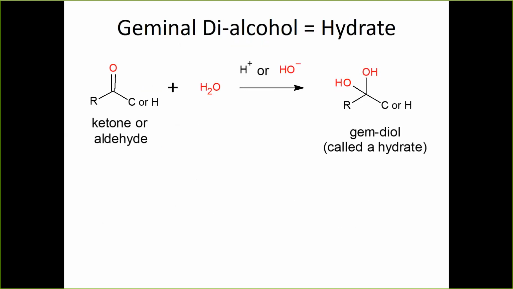All right, so now specifically, again, everything has to be a little more complicated than you thought possible. Here, if you take something that is a ketone or an aldehyde and you make a gem diol out of it by adding either acidic or basic water, then you get the gem diol like we just saw on the prior slide, but that has a special name, which is a hydrate. We do see a few of these. They're not especially stable, so there aren't tons of them around, but we do see a few of them in